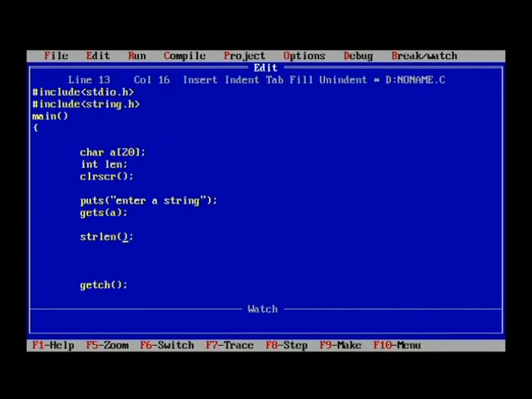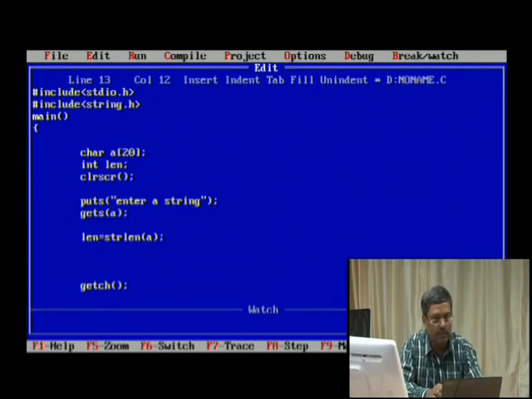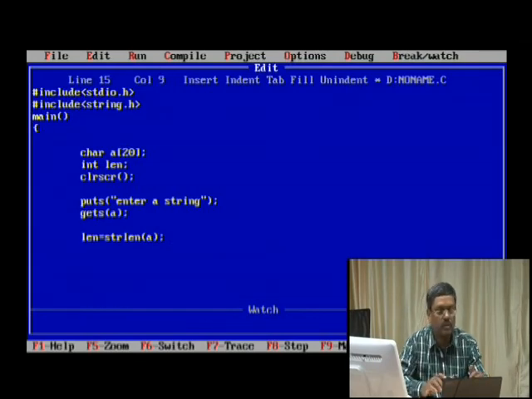And definitely it will not work, because we are making use of a library function with respect to that particular .h file. Anyway, so strlen of what? Strlen of the character array, that is nothing but a. Then it returns after counting. So it returns a value, which I want to store in a variable called len, that is length, which I have already defined. That means this will do the trick. Strlen will get the number of characters, and then that will be put into the memory variable len.